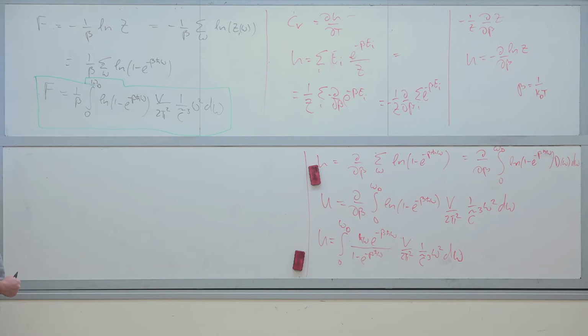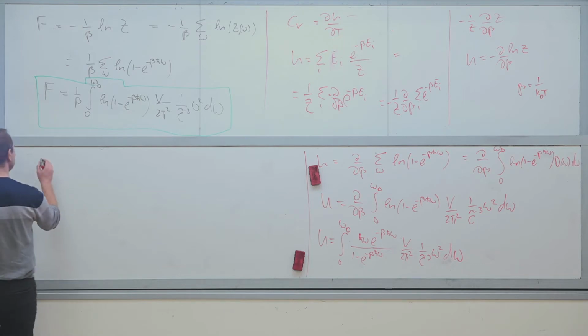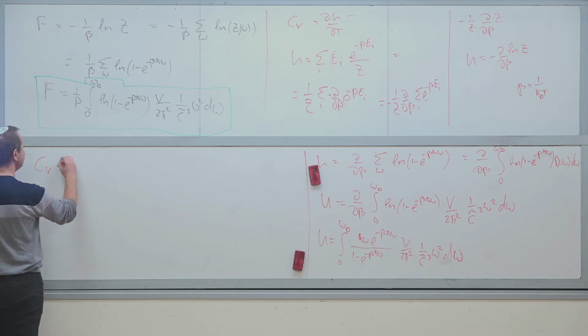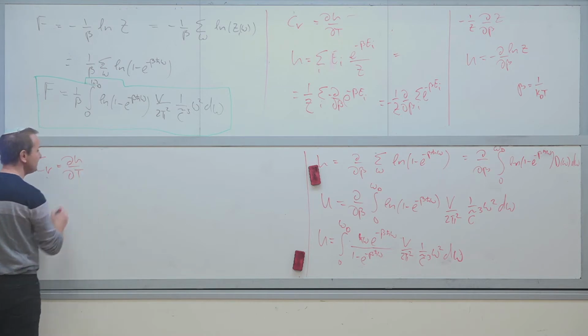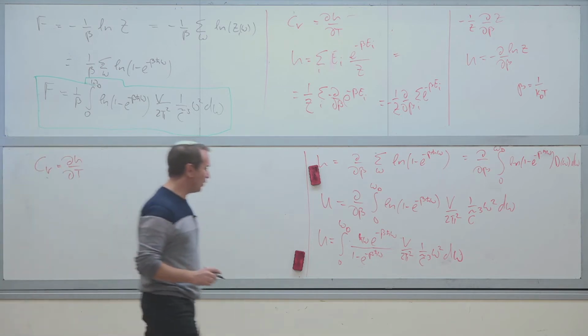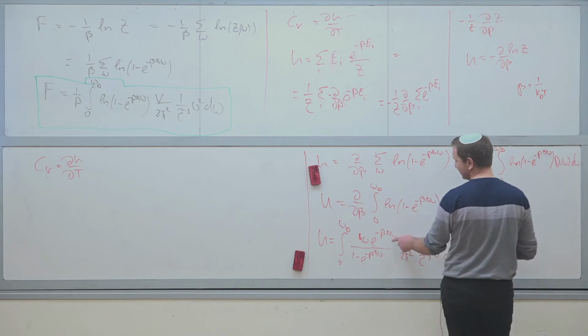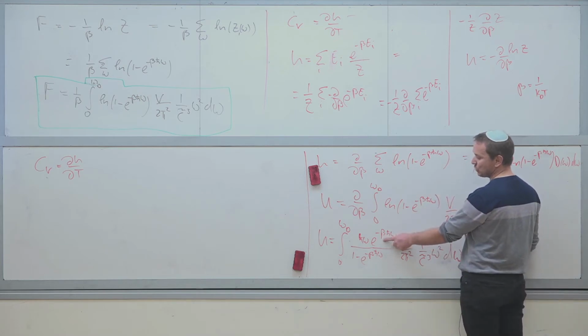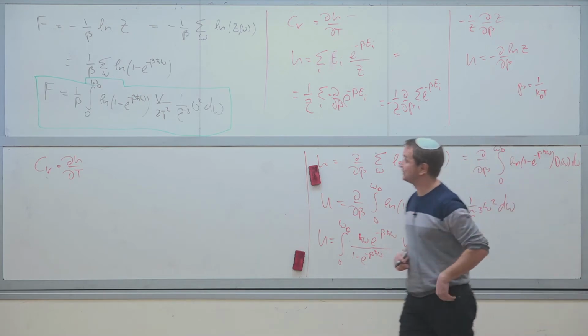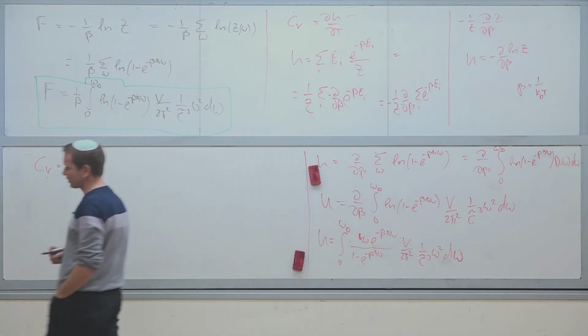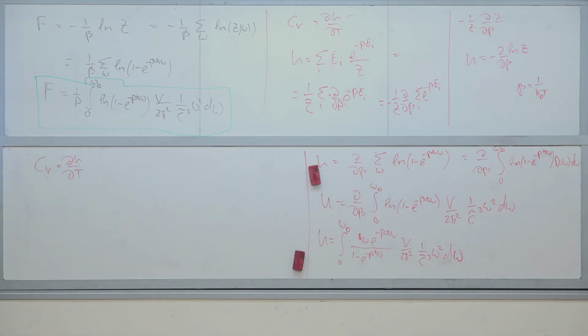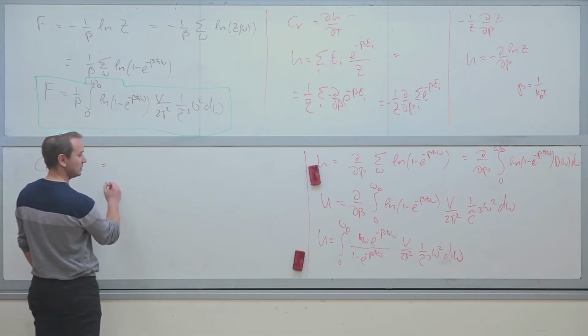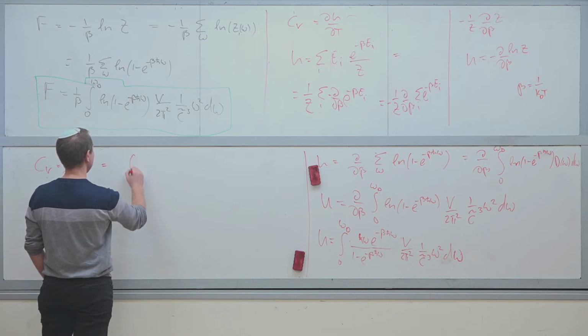So what I want to tell you is how I'm actually calculating this. CV is dU/dT. And remember, in all those nice places where I have beta, it's actually 1 over k Boltzmann T. So it is an integral between 0 and omega Debye,